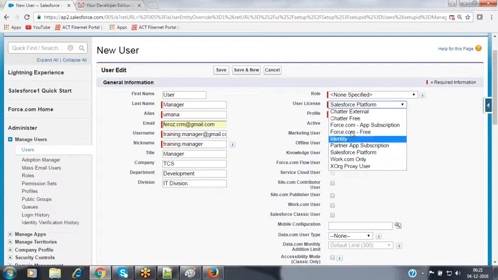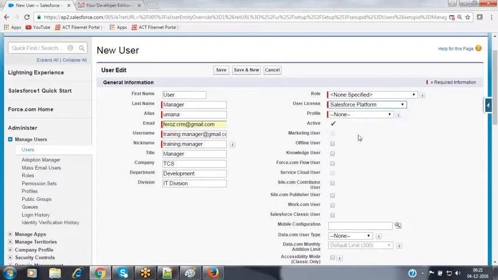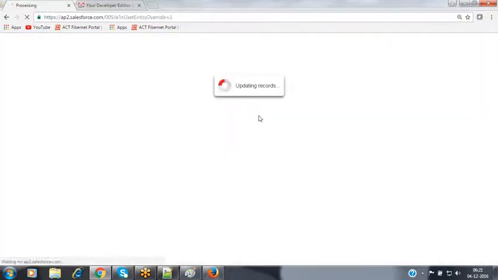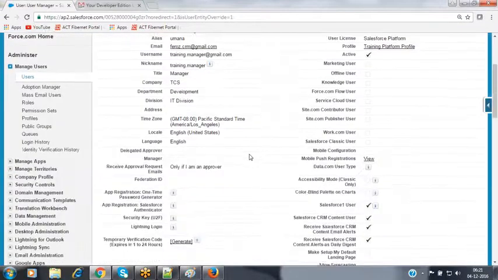Now when you go to the licenses, Salesforce will not be available to you here because Salesforce licenses are no more. The Salesforce licenses we have already used, so the license will not be visible to you over here. But we do have the platform licenses. Select the Salesforce platform license and then select the profile which you want to assign. So now we have created our own custom profile with the name training platform profile. Let's use this profile to be assigned to the user. Now this is the user ID, nothing but the username to be used to log in to that account. Now click on save. Automatically the user record will be created for you.